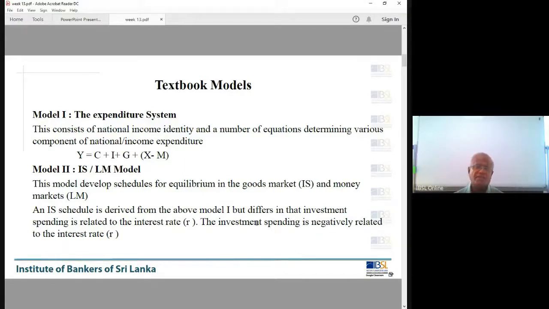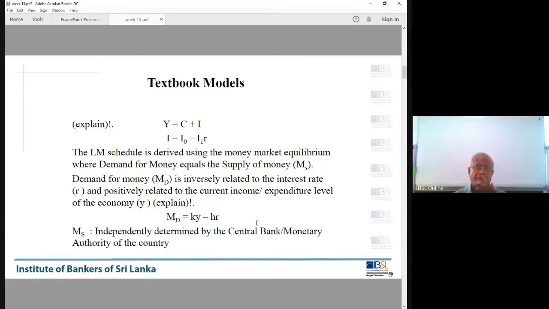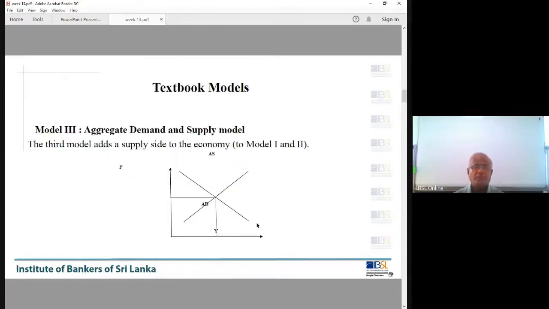Today we are going to start the discussion. The third model is again the aggregate demand, aggregate supply. So you know the demand curve and the supply curve for a particular product. Demand for rice, supply of rice. Demand for paddy, supply of paddy. Or the demand for banking services, supply of banking services. That is the micro level, one particular market. Considering one particular market, we draw this demand and supply curve. After that, we can calculate the equilibrium price and quantity.